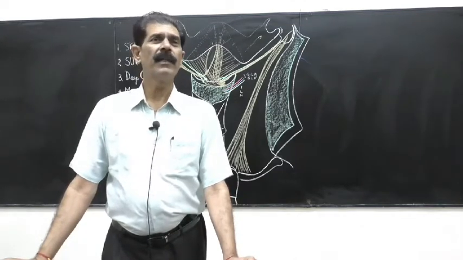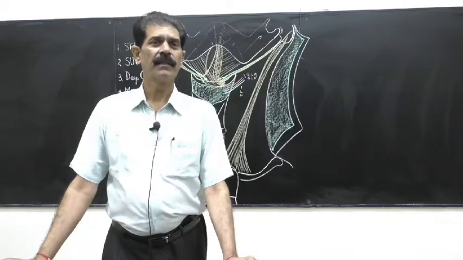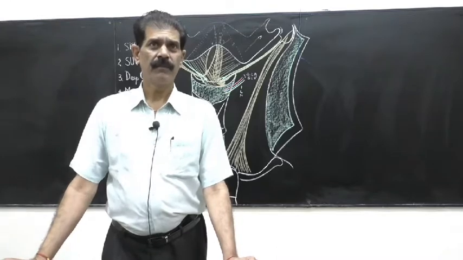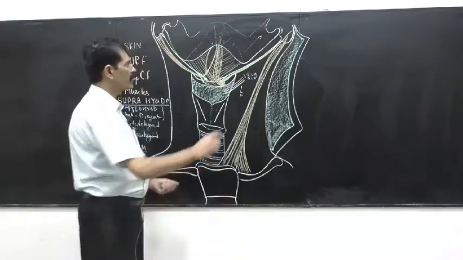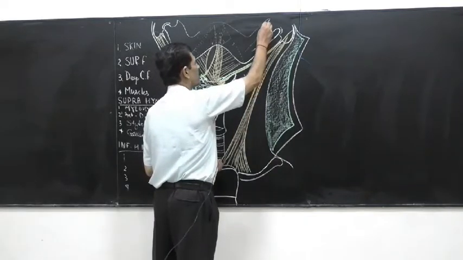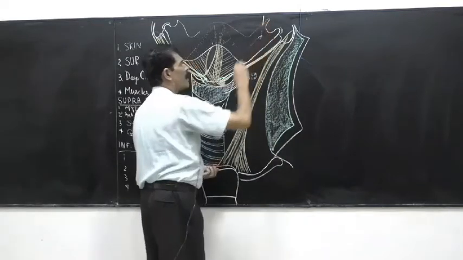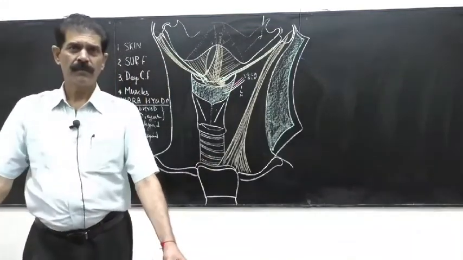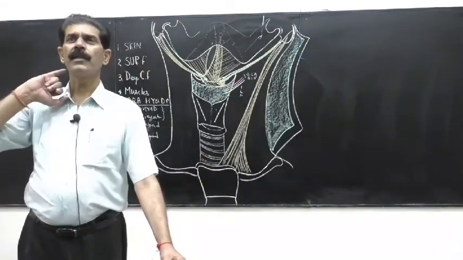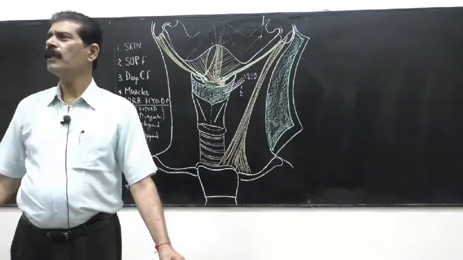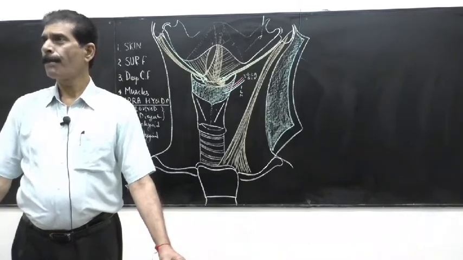It is the same as the lingula of the left lung you have done in the thorax. Why is it called lingula of the lung? Because it looks tongue-like. And what is attached to the tip of this lingula? A ligament: the sphenomandibular ligament. Stylomandibular is attached to the angle of the mandible. Sphenomandibular is attached to the tip of the lingula.